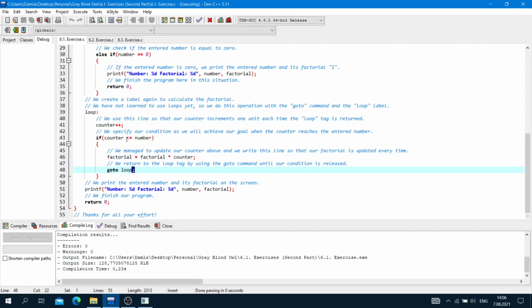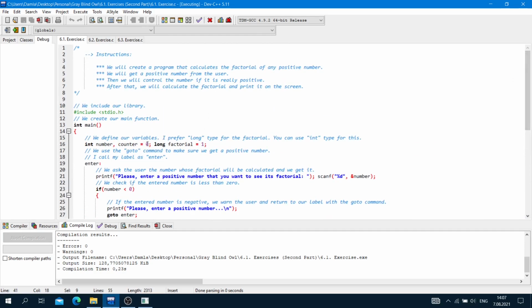Okay, for example, our number is equal to 3. And loop, we are here. Counter plus plus. Counter is equal to 0 here. Okay.